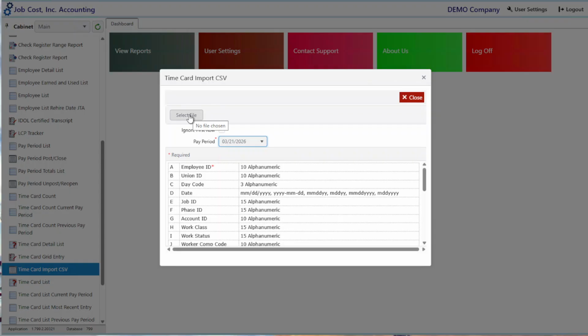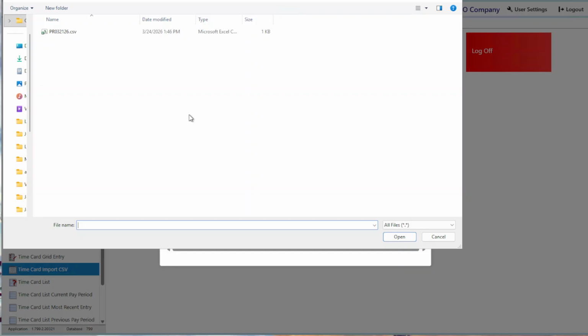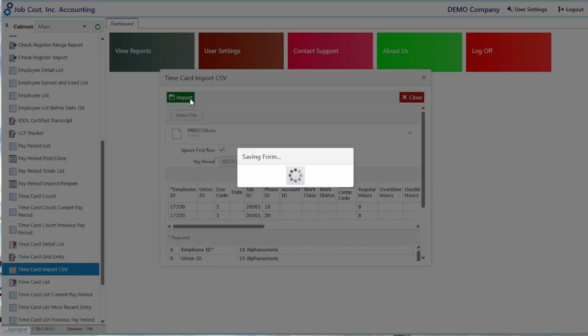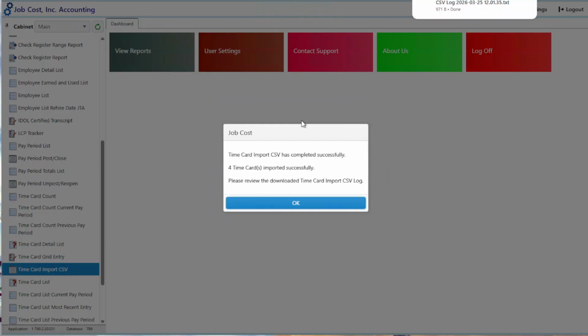Next, click on Select File to choose a CSV file for this pay period to upload into Payroll. If your CSV file has a header row, check the box to ignore first row. Click Import. It will then tell you how many time cards were imported successfully and if there were any failed